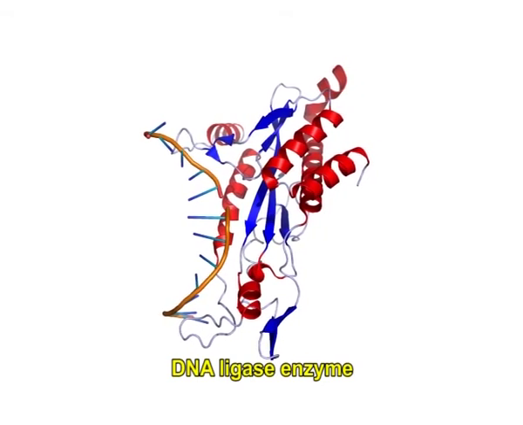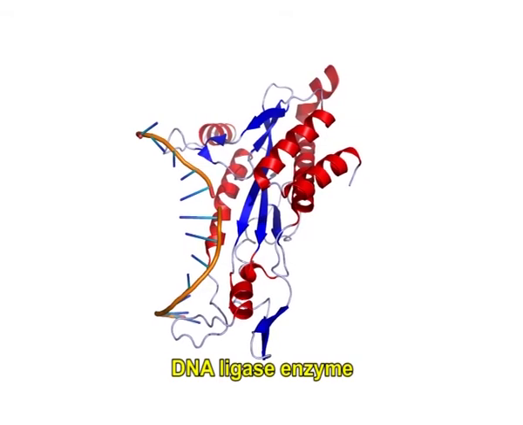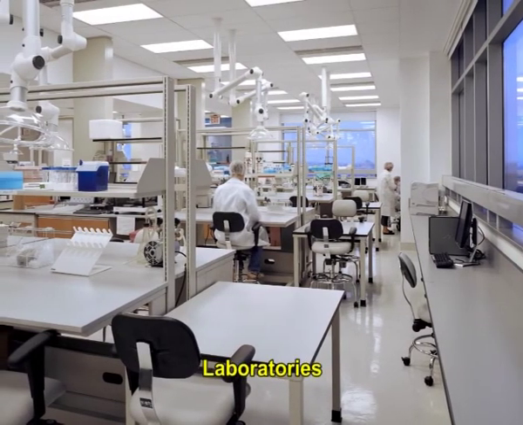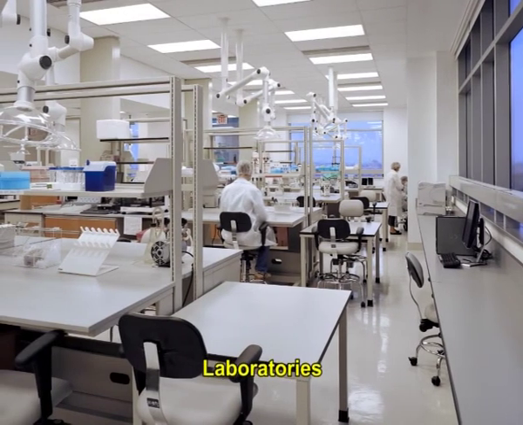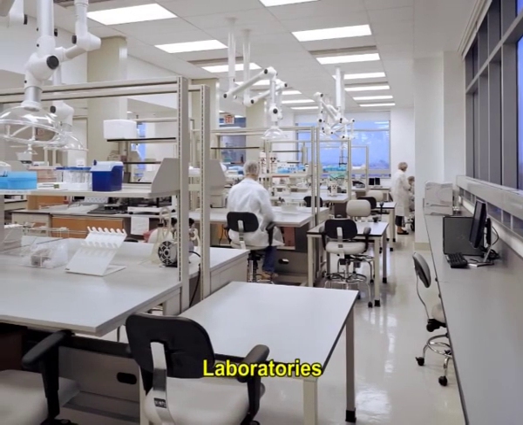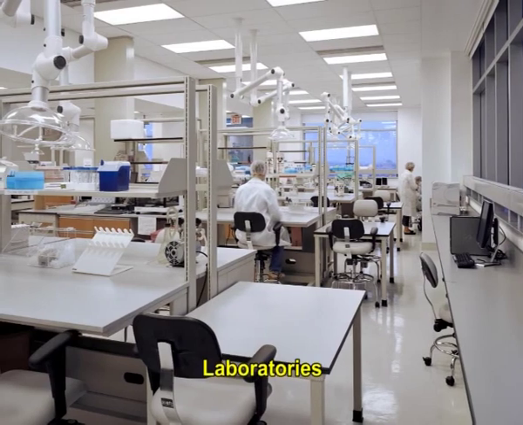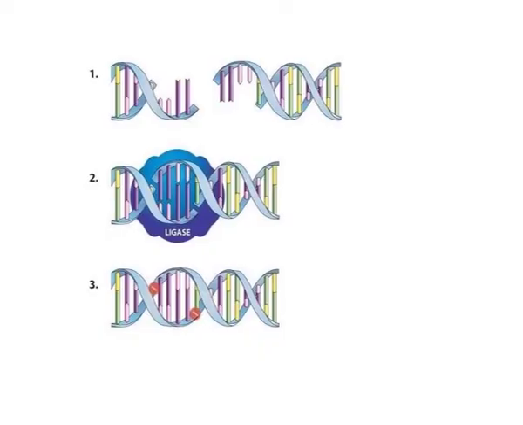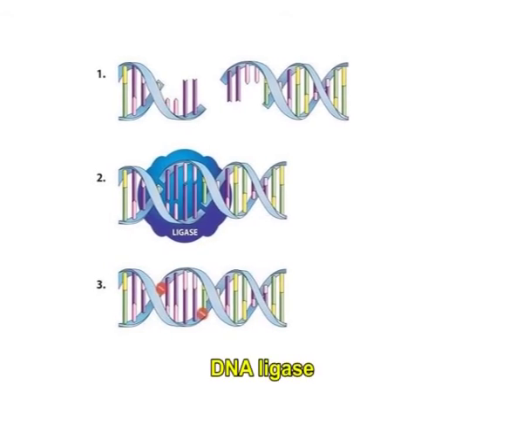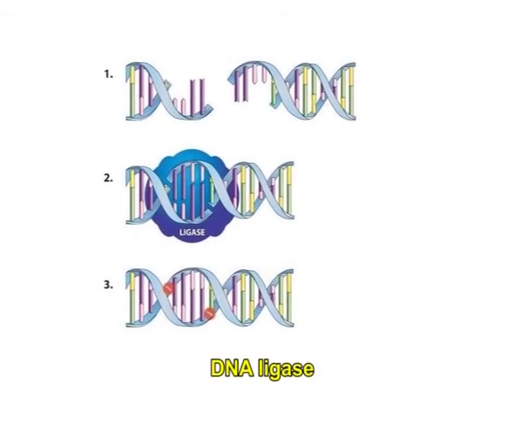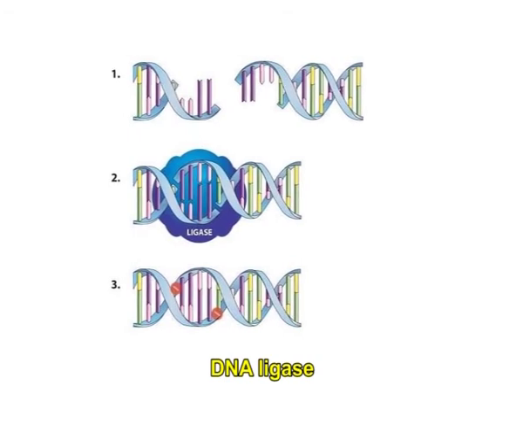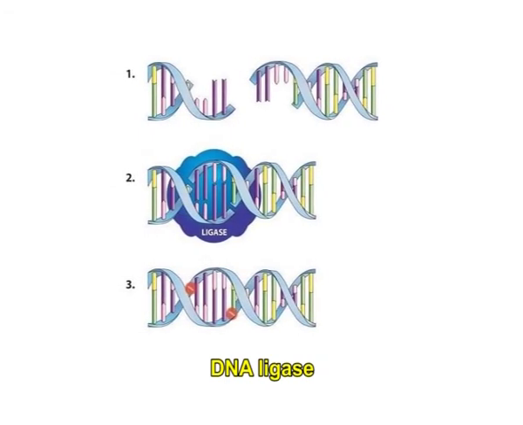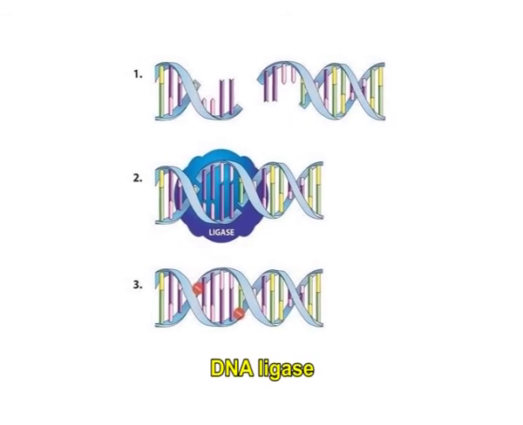Additionally, the DNA ligase has wide use in molecular biology laboratories for recombinant DNA experiments. The purified DNA ligase is used to join the DNA molecules together to form recombinant DNA in the gene cloning technique. The process of the DNA ligase is to form covalent phosphodiester bonds between the 3-hydroxyl end of one nucleotide and the 5-phosphate end of another nucleotide.